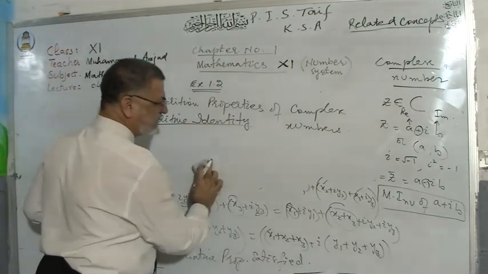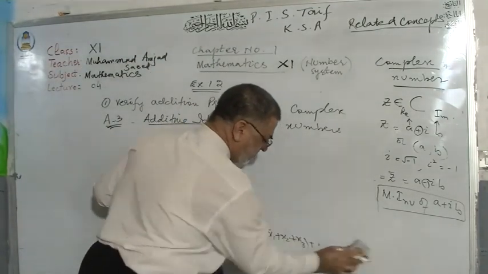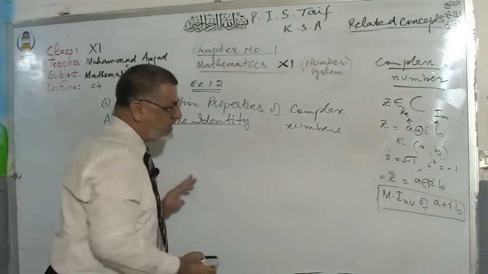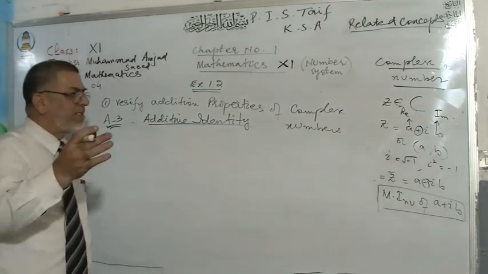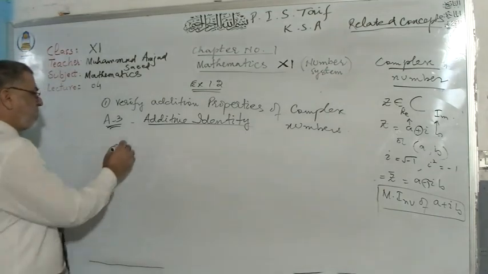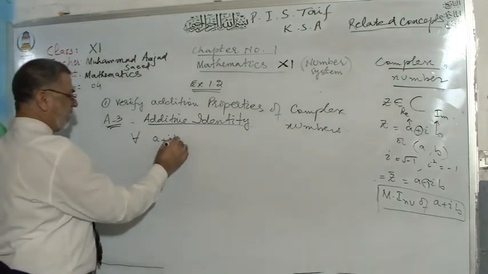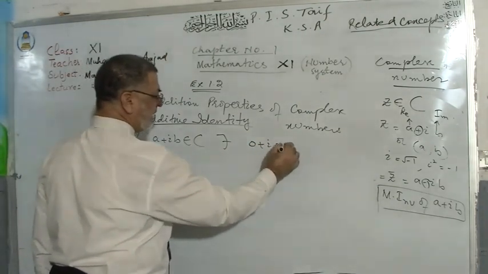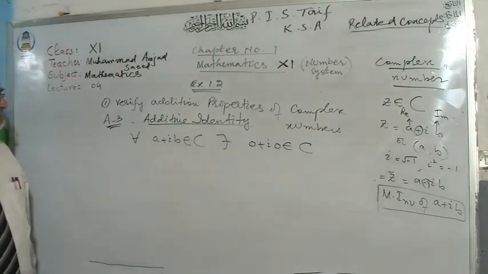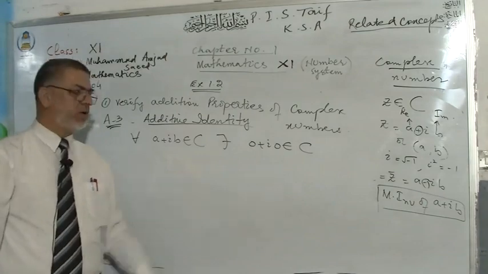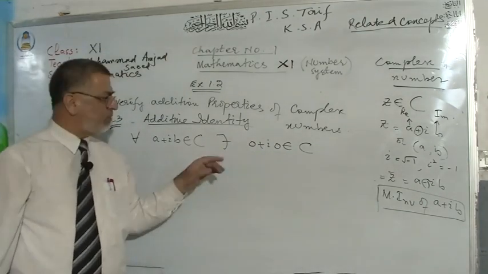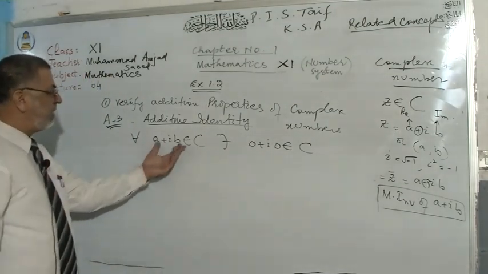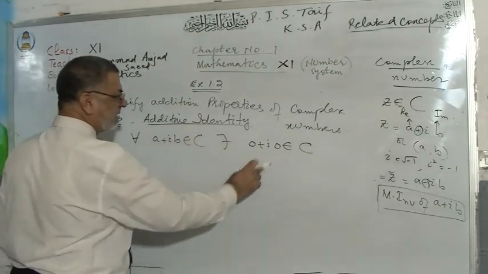In case of additive identity, by the definition of additive identity, it is a number which when added to any number makes no difference in that number; you will get the number again as it is. So for all a plus iota b belongs to C, there exists 0 plus iota 0 belongs to C. 0 plus iota 0 is actually 0, but in case of complex number, you have to write down real and imaginary part. So here, for all a plus iota b belongs to C, there exists 0 plus iota 0 belongs to C